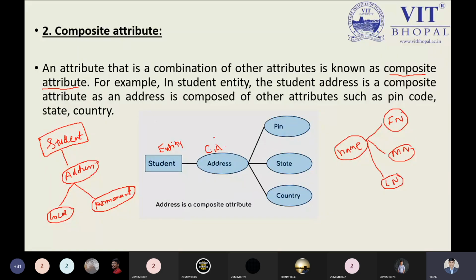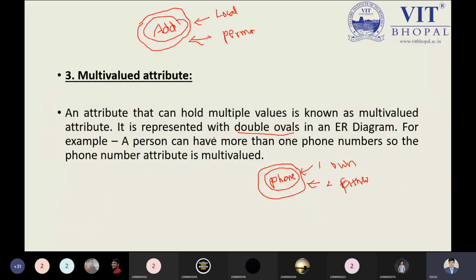Next we have the multi-valued attribute. A multi-valued attribute is an attribute which can have multiple values. If I'm making a record in which I need to put two values, then we have two things: a permanent contact number and your father's contact number. As a proctor, it is my responsibility to keep your permanent contact number as well as your father's contact number. So in the mobile field, I will keep the two pieces of information like this.